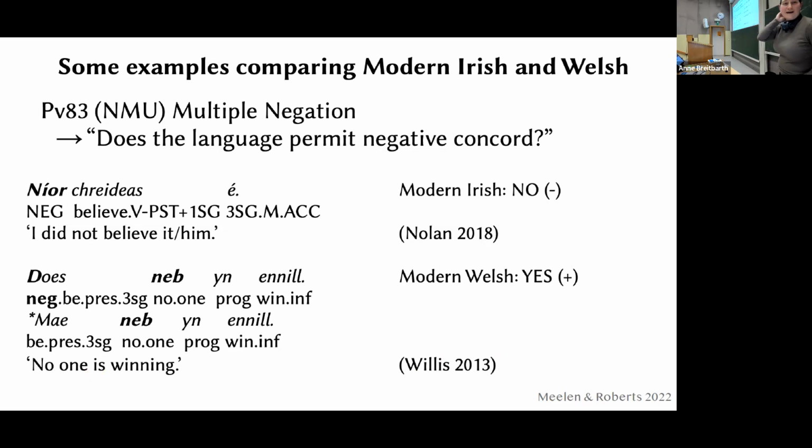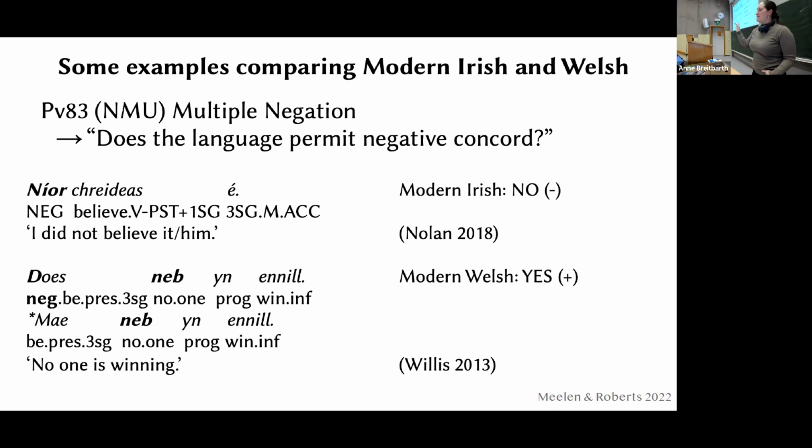So just to give you one example, because I know that Anna has done a nice project on negation, I thought I'd end with that. If you look at negation, for instance, one of the questions we have is, does the language permit negative concord? So do you have multiple negation? And of course, my examples are going to be from Celtic again, because those are the languages I know best. So if you look at modern Irish, there's only one main negator. Now, if you look at modern Welsh, then actually what you see is that the auxiliary needs a little d before it, which is actually a negative,